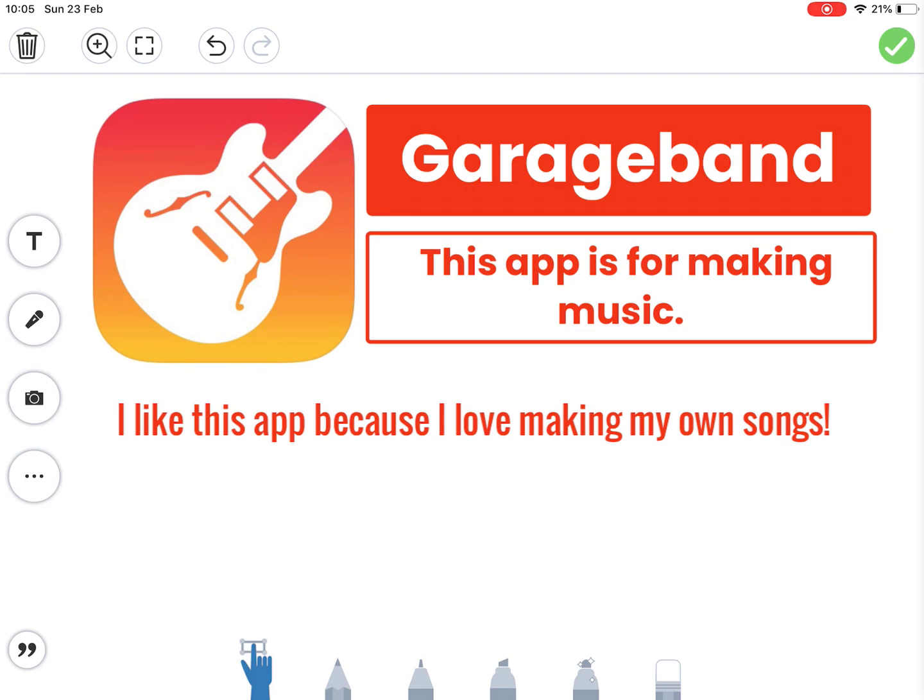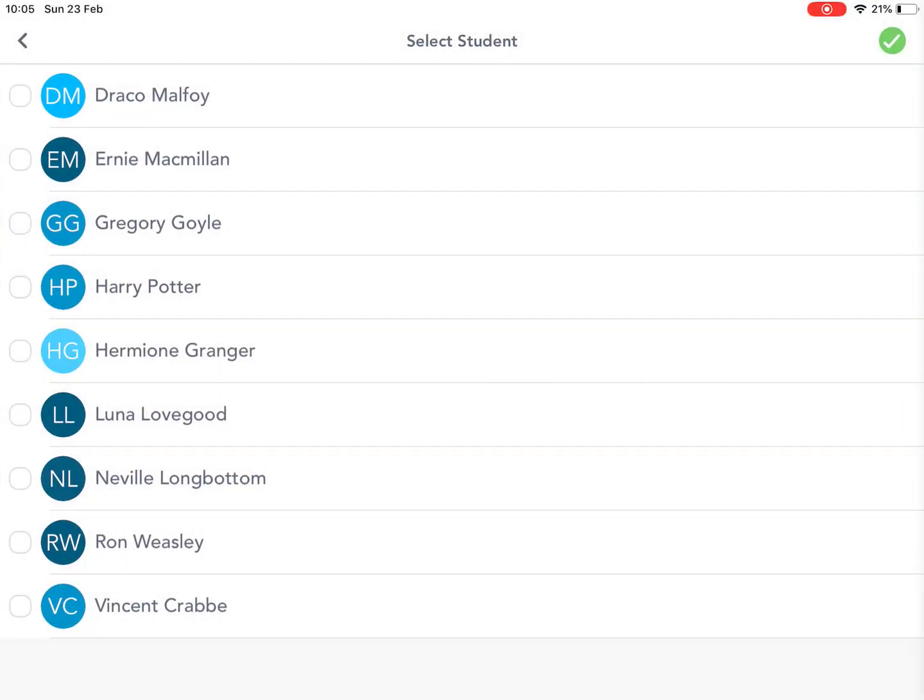a voice description of the app using the microphone bit on the left hand side, and then when they're done they just click on the tick, choose their name,